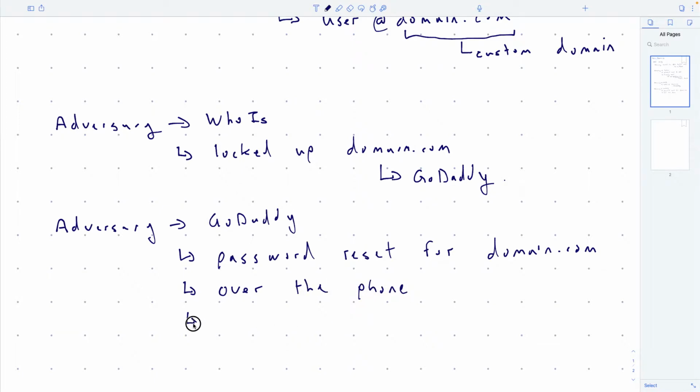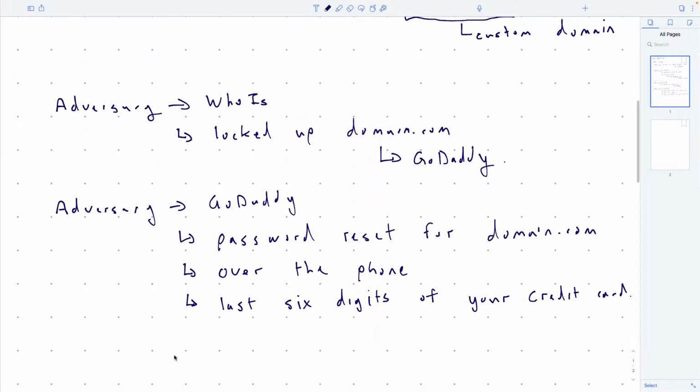So it wasn't an automated process. And the person who answered the phone said, okay, you paid for this domain, so we have your payment information on hand. So that's a second factor that we could use. So why don't you give us the last 6 digits? So 6 is kind of weird. We saw 4 digits in the past one. But in this case, they wanted the last 6. Okay, and so the adversary didn't have the last 6 digits, okay?